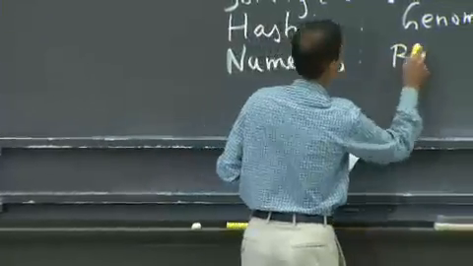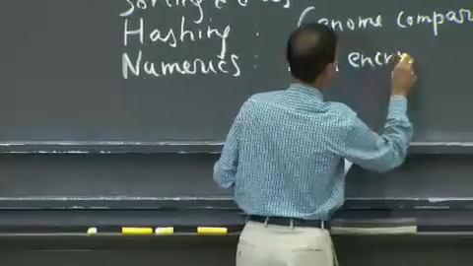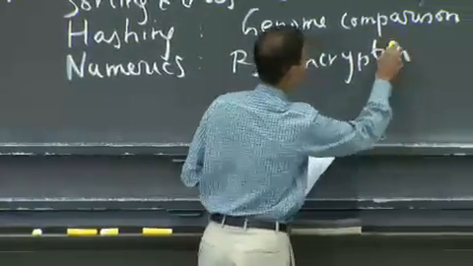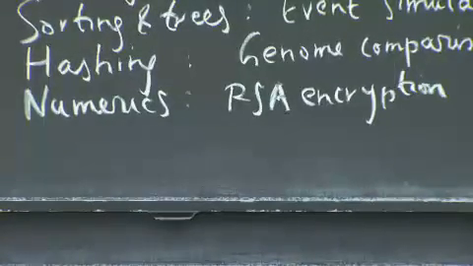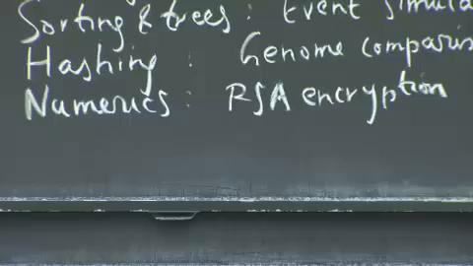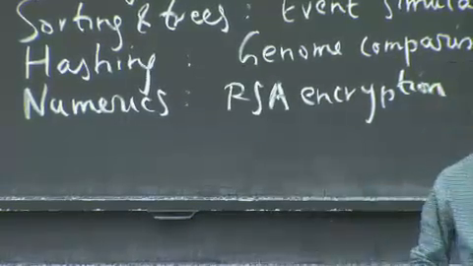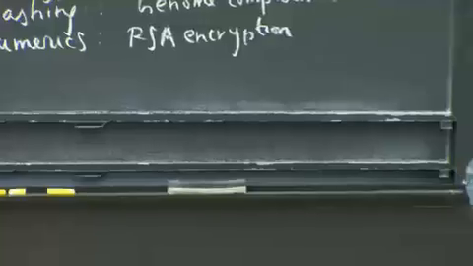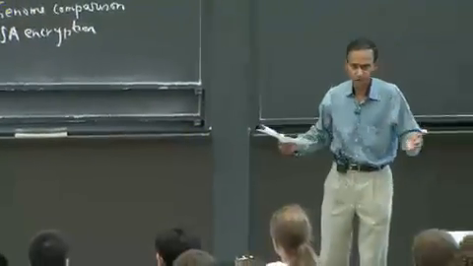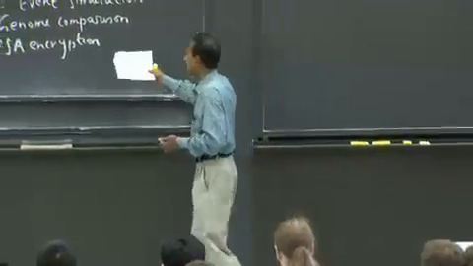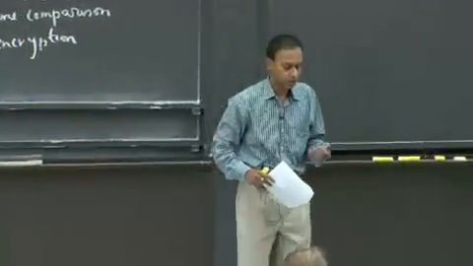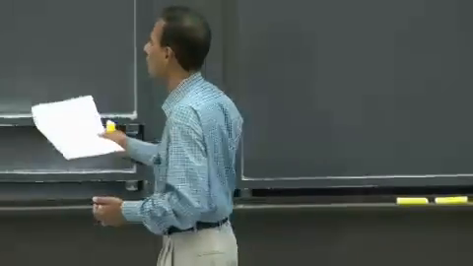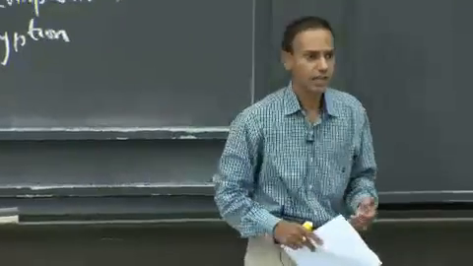We will talk about numerics. A lot of the time, we talk about such large numbers that 32 bits isn't enough, or 64 bits isn't enough to represent these numbers. These numbers have thousands of bits. A good example is RSA encryption that is used in SSL, for example. And when you use HTTPS on websites, RSA is used at the back end. And typically, you work with prime numbers that are thousands of bits long in RSA.